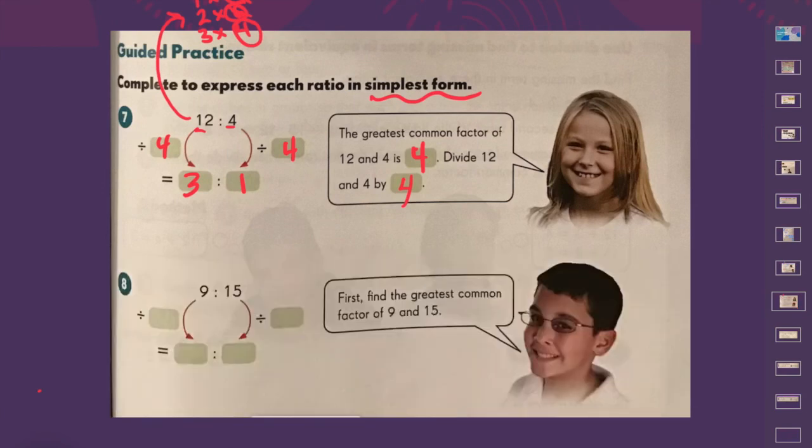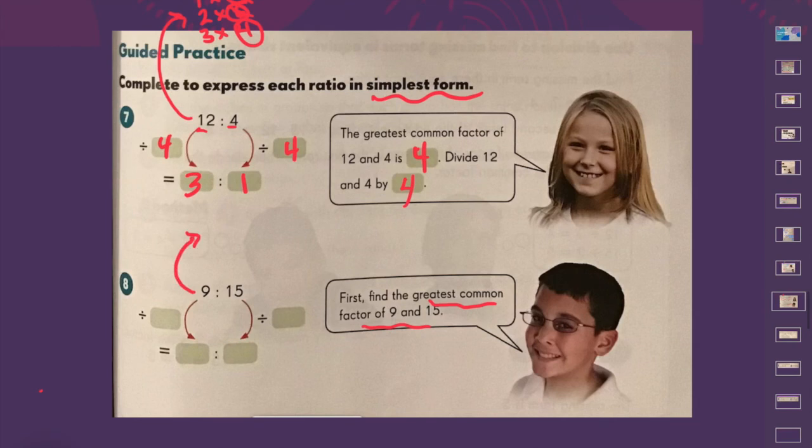All right, you try this next one. The ratio is 9 to 15. So your first step is to find the greatest common factor between 9 and 15. I would start by listing the factors for 9. Start with the greatest one and check to see if it's also a factor of 15. You can pause the video and check back in to see if your thinking matches mine. So when you list the